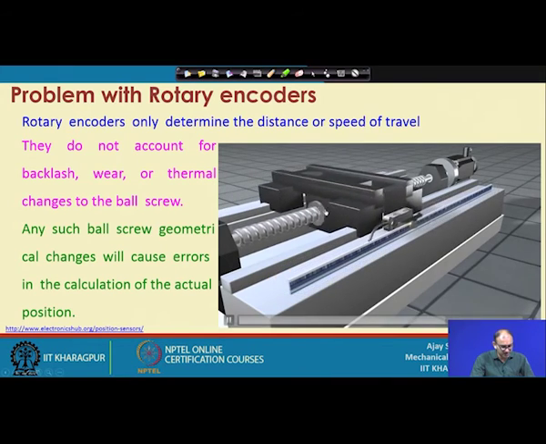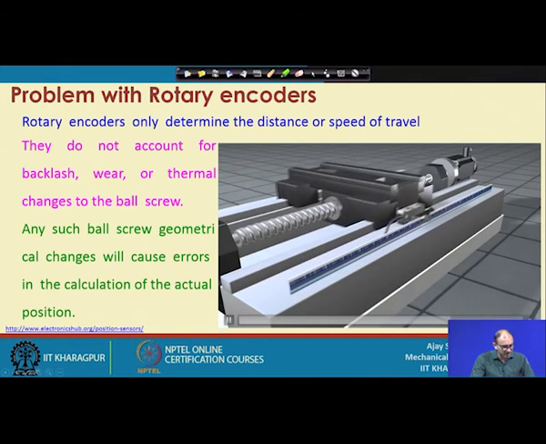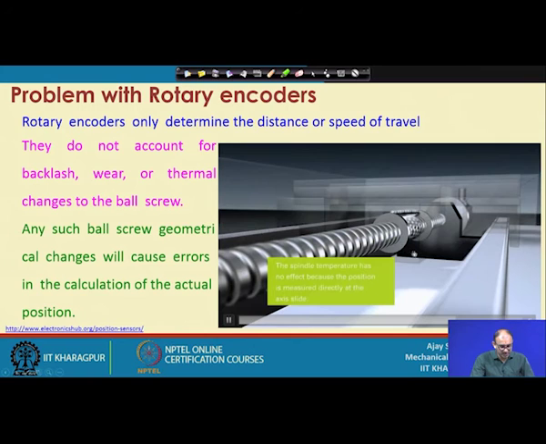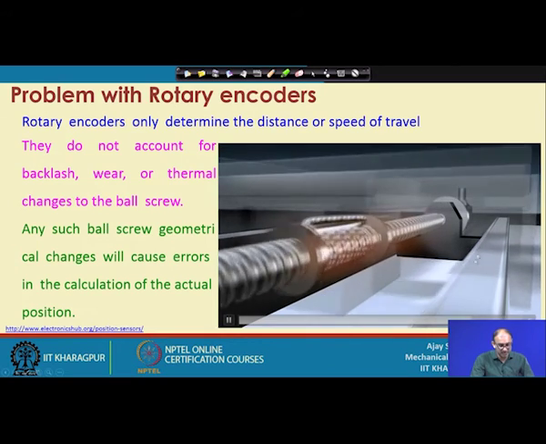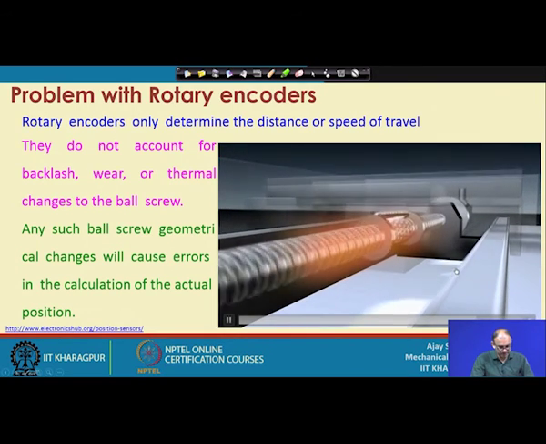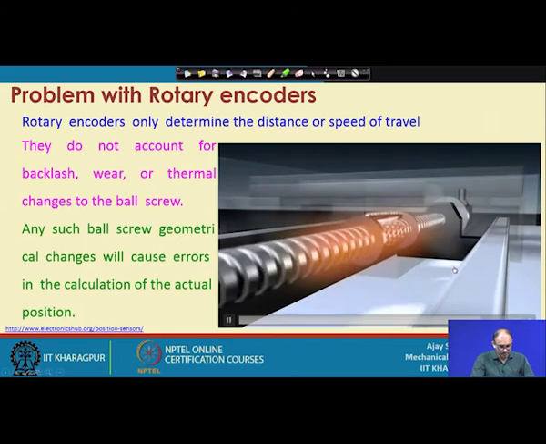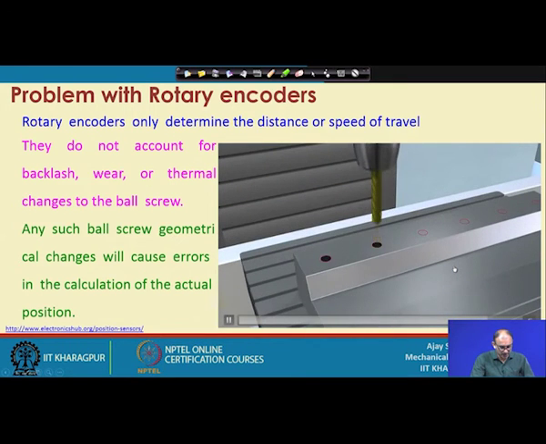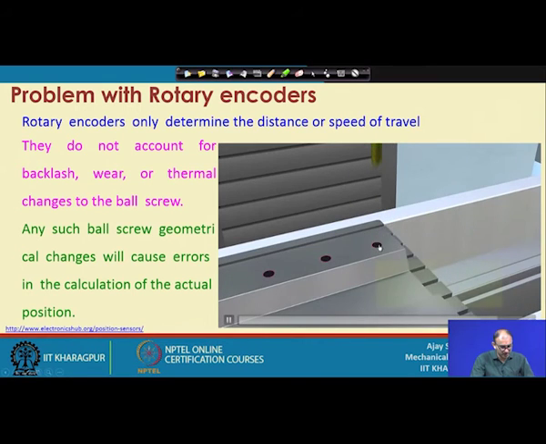Right. So, whatever the problem is, even if there is a backlash or a thermal change, it always finds that particular position. So, spindle temperature has no effect because the position is directly measured on the axis. Right. So, now it will exactly find where the position is, and you do not get the deviation in the drilled hole from the desired location.